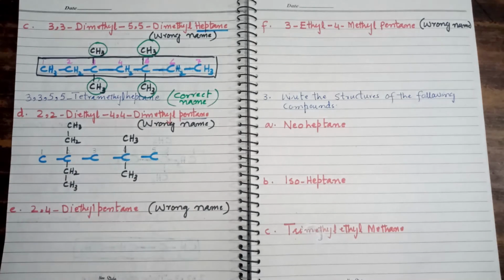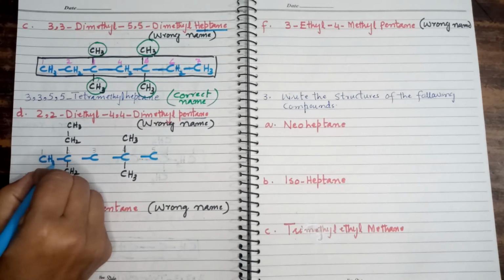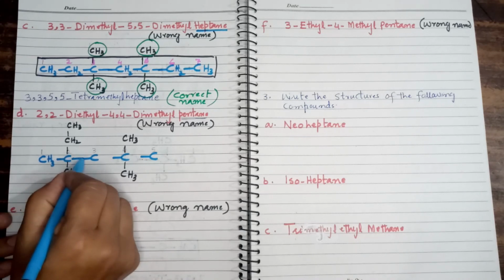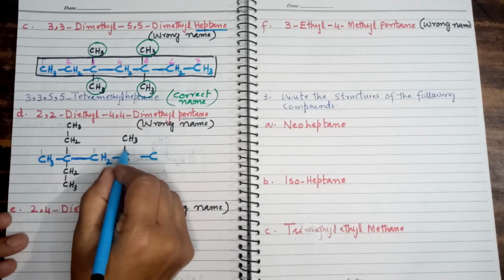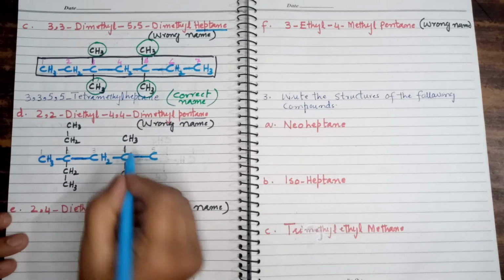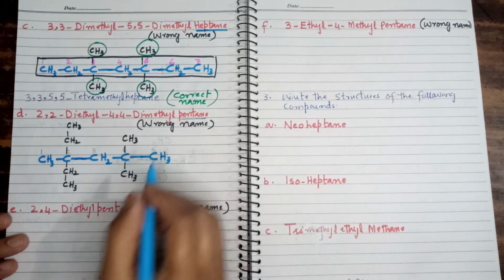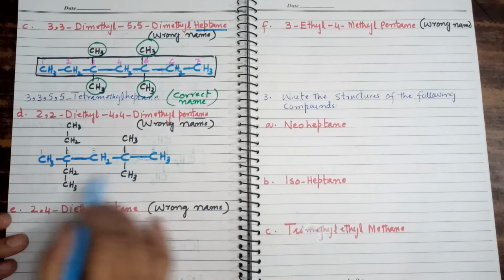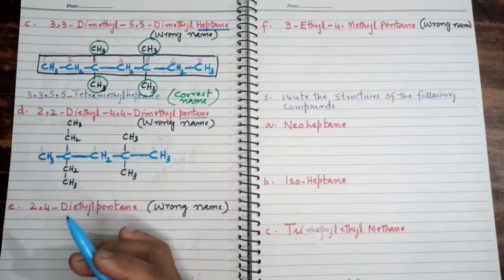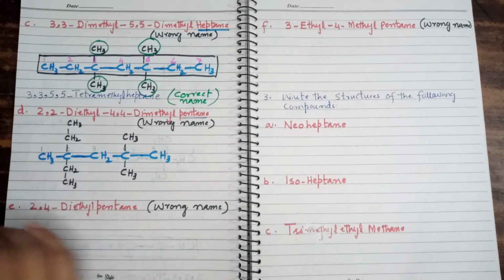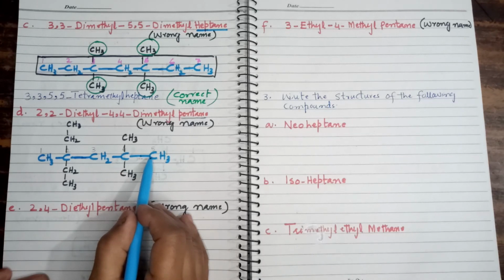Now fill the vacant vacancies with hydrogen. 1, here 3 hydrogen. 1, 2, 3 and 4. 1, 2, so we add 2 hydrogen here. 1, 2, 3 and 4, and 1 plus 3 hydrogen, 4. Right, students? Now we complete the structure. Once we complete the structure, now we find the longest continuous chain of carbon atoms, that is the parent chain. Which is the longest continuous chain, students? This straight chain is made up of 5 carbon, right?